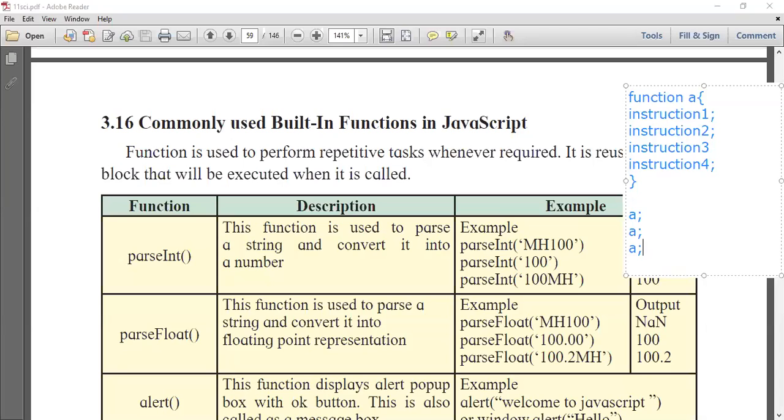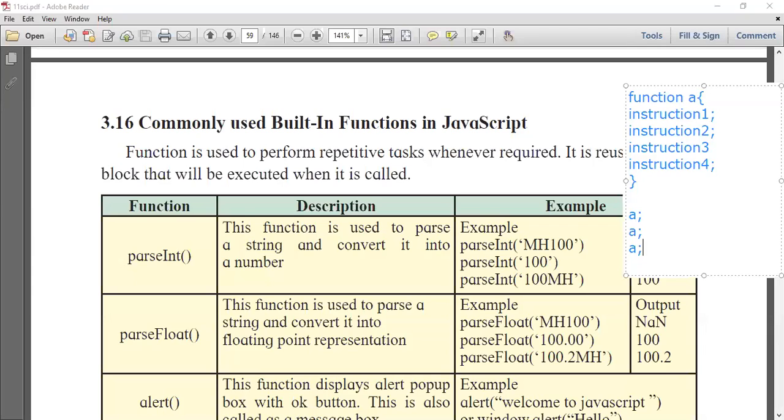And you can give it whatever name you want. The rules applicable for variable names are also applicable for function names. Here I'm using a, but you can write abc, parseint, fun, cal, whatever you want.